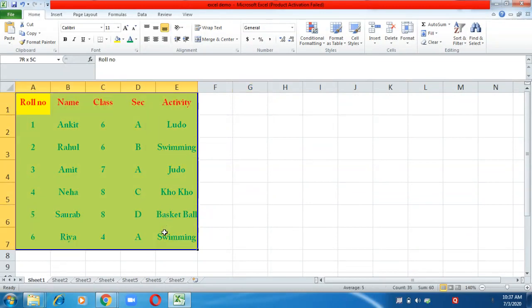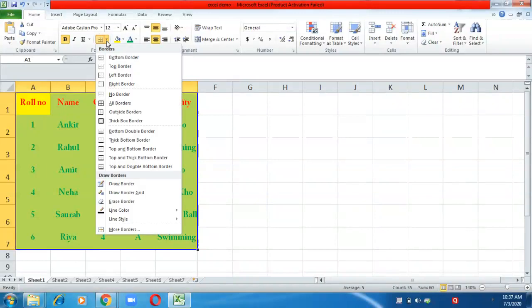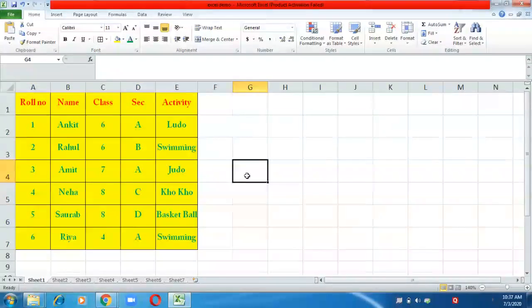Select your table. Then in the font group of the home tab, there is an option of borders. There is a button of borders. Click on all borders so that borders can appear. Only if you insert borders, then only these lines, these partitions, you will be able to see at the time of printing. If you do not insert any borders, these partitions will not appear, meaning your text will not appear in the form of a table if you take the printout. So this is how we can give borders to it.